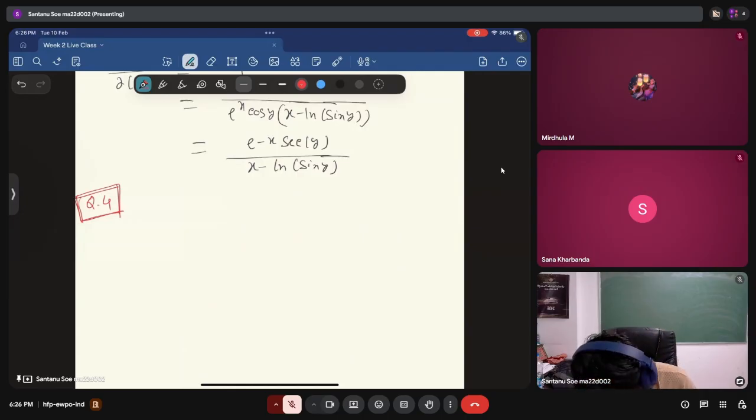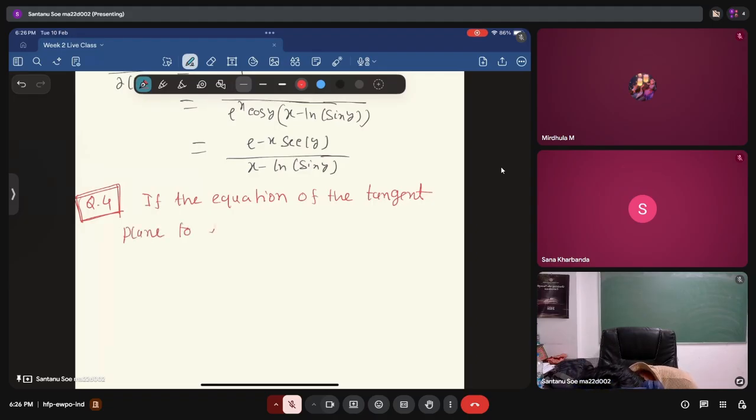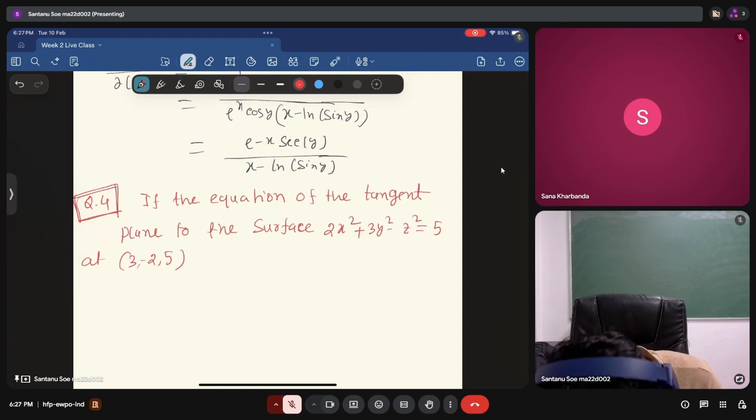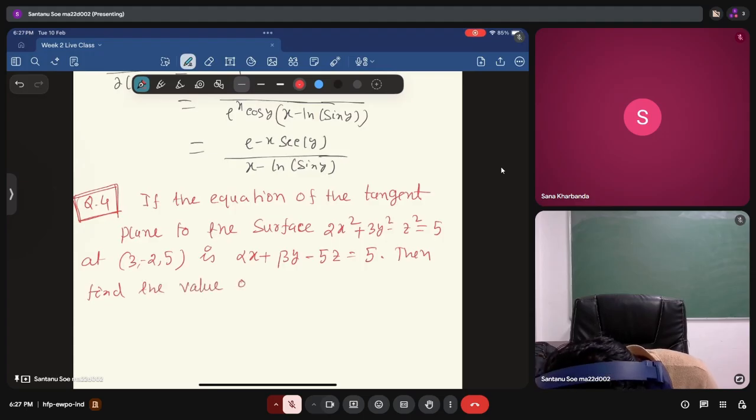Okay. So the question is given like this. If the equation of the tangent line, sorry, tangent plane, not line, to the surface 2x square plus 3y square minus z square equals 5 at (3, -2, 5) is alpha x plus beta y minus 5z equals 5, then find the value of alpha plus beta,